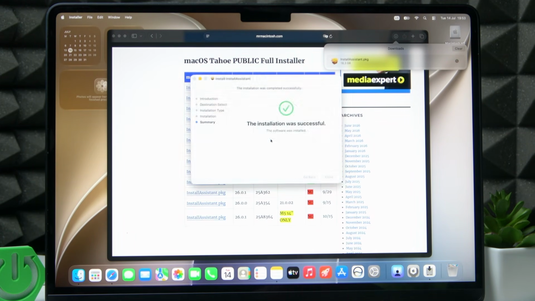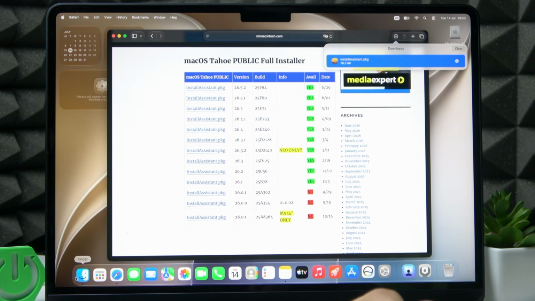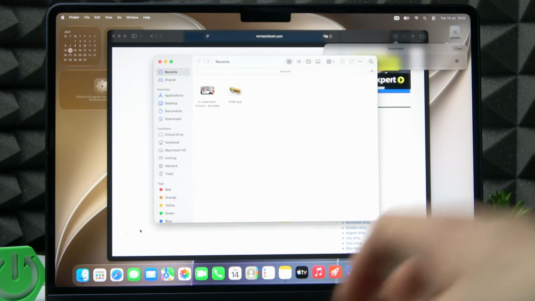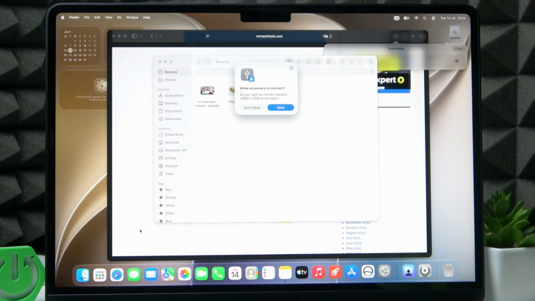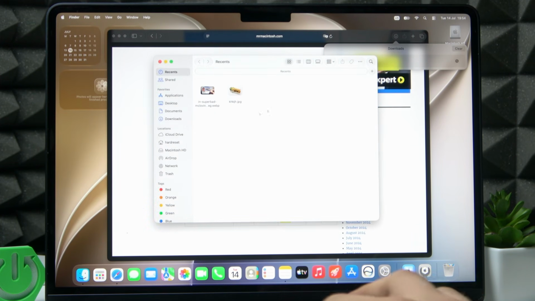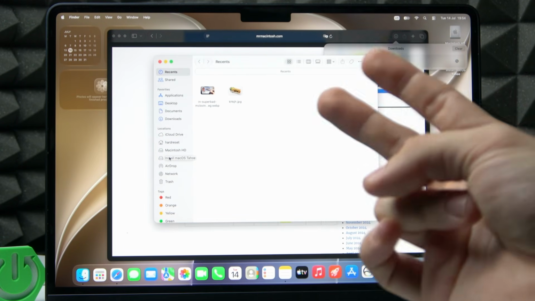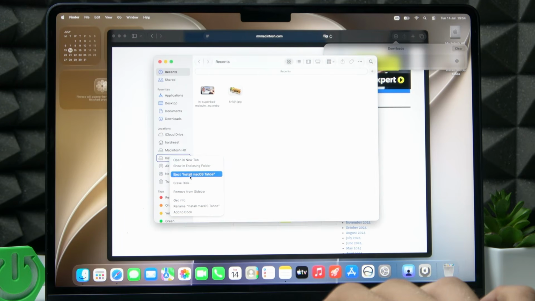You can move to trash, of course. And then what you'll need to do is plug in your USB drive. Once it's plugged in, you may need to allow it to connect. Then it should show up on the left side, and you should right click on it. So click with 2 fingers and then